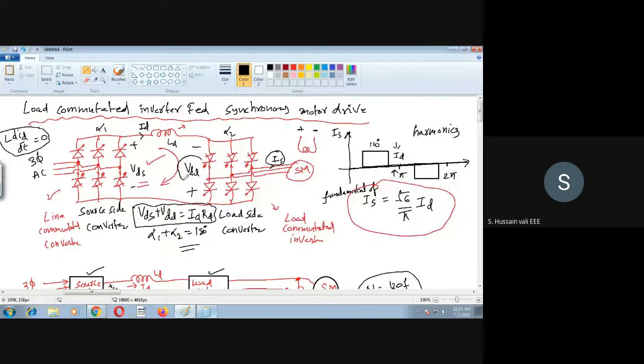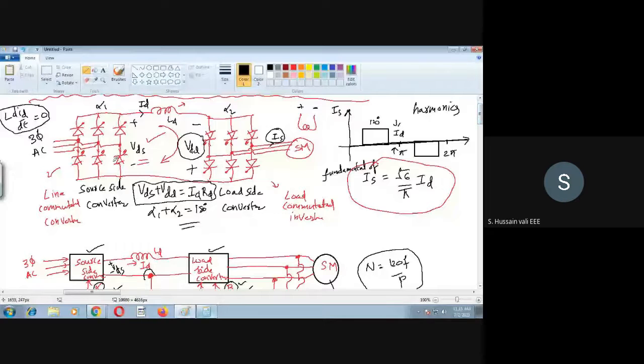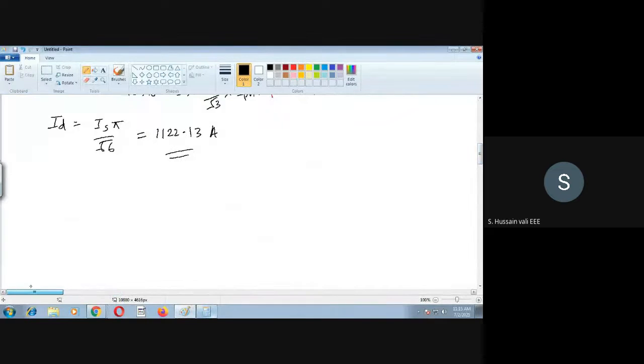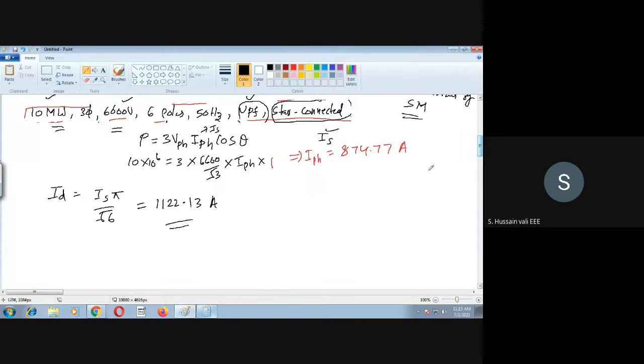It is also a controlled rectifier. Please see this now. It is also a controlled rectifier, of the load commutated inverter. So this VDL we have to find out. This is also a full converter. So what is the formula for the full converter? We will use the same formula which we used for the first converter, because both are full converters, but maybe the firing angle is different. So I will write one more equation here for VDL. What is the VDL equation now? VDL is equal to 3 root 6 by pi